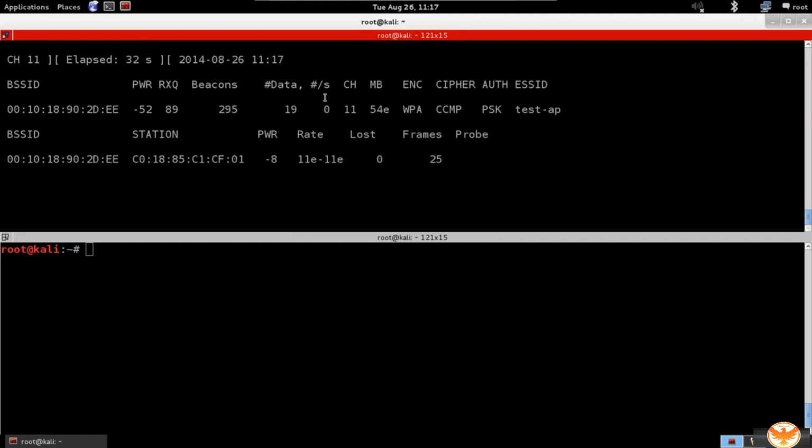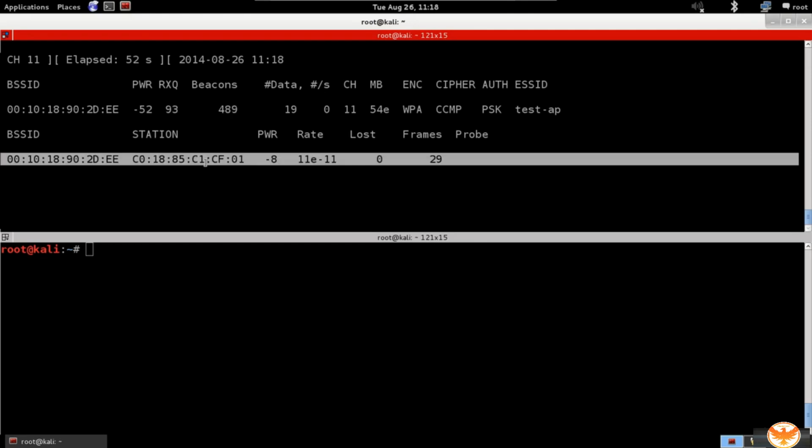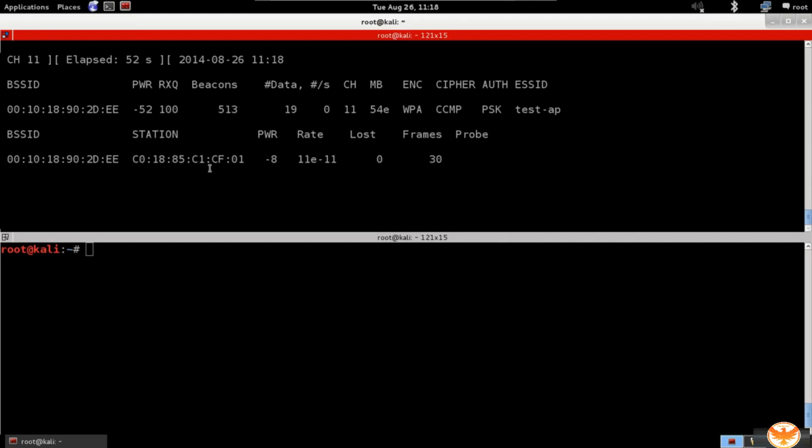Or we can use something that we learned in section 1, which is the deauthentication attack. In the deauthentication attack, we were able to disassociate or disconnect any device from any network that is within our Wi-Fi range. If we do that for a very short period of time, we can disassociate this device from the network for 1 second, and then the device is going to try to connect back to the network automatically, so that even the person who is using the target device is not going to notice that. His device will actually get disconnected and reconnected so quickly that he won't notice it, but we will be able to capture the